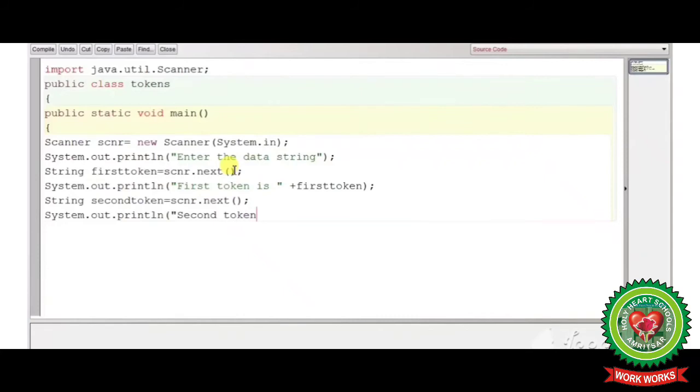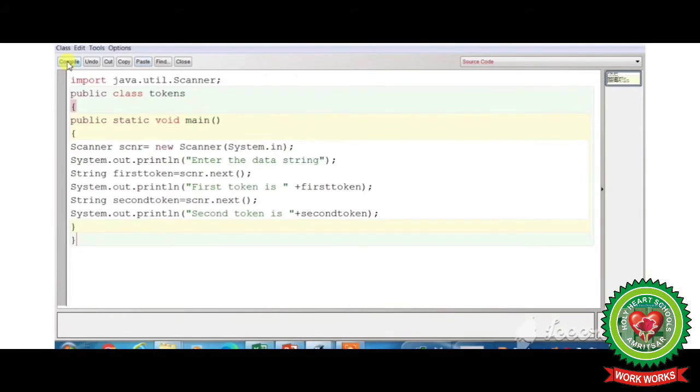So we will write Second token is, double quotes close, plus secondToken, round bracket close, semicolon, and again one main method bracket is closed and one is the class bracket.